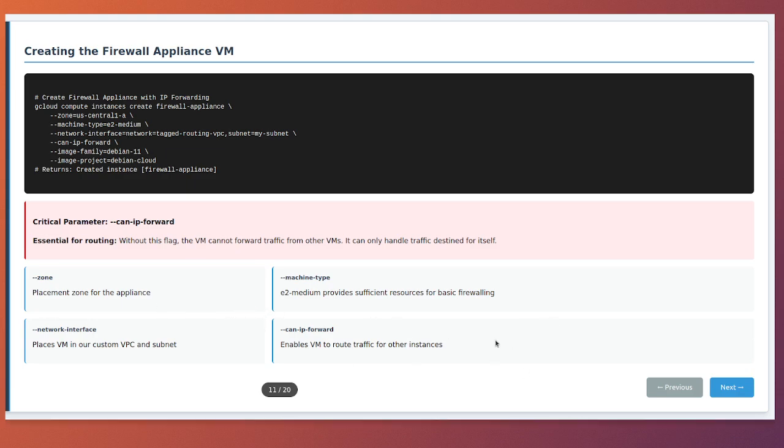Creating the firewall appliance virtual machine. Now we're creating the heart of our security architecture, the firewall appliance virtual machine. This virtual machine will act as a security gateway that inspects and forwards traffic from our tagged virtual machines. The absolutely critical parameter here is can-ip-forward. Without this flag, the virtual machine cannot route traffic for other virtual machines. It can only handle traffic destined for itself. With IP forwarding enabled, this virtual machine becomes a router that can receive packets from other virtual machines and forward